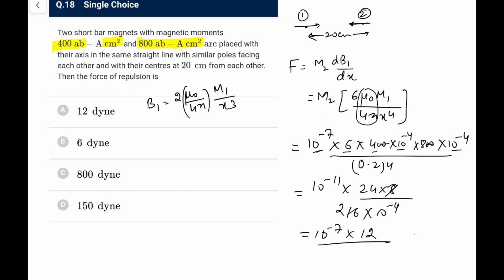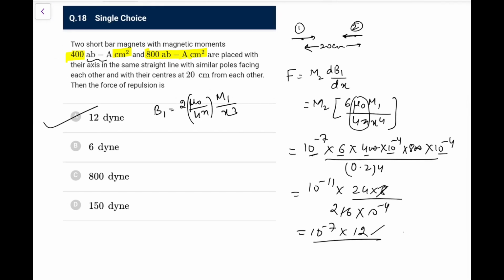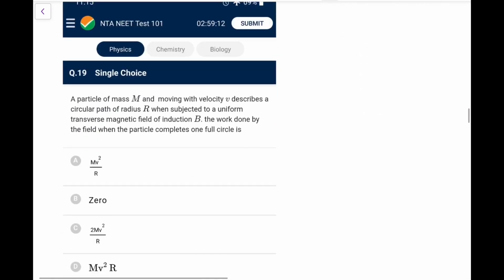Dyne and force. If I know this relationship between force and dyne, so it would be 10 to the power minus. So I think there might be some interpretation mistake from my side. This might be some other unit, so whatever be, I am going by this 12 figure, so I'll take 12 dyne. Otherwise it is not coming 12 dyne. Maybe this is some other unit. I also don't know what would be the unit in CGS system for this magnetic moment. So I'm going with the figure, I'm going with 12 dyne here.